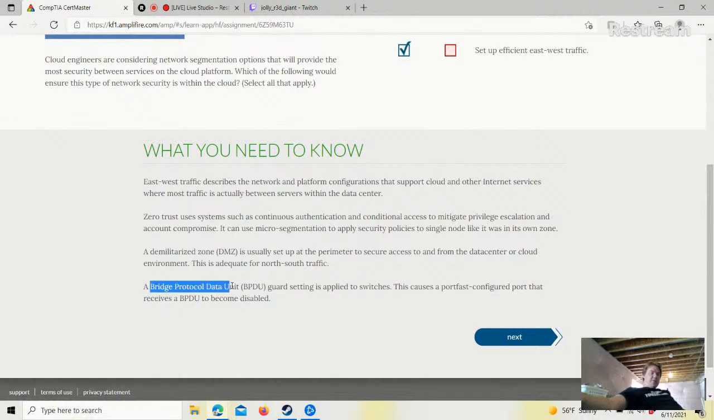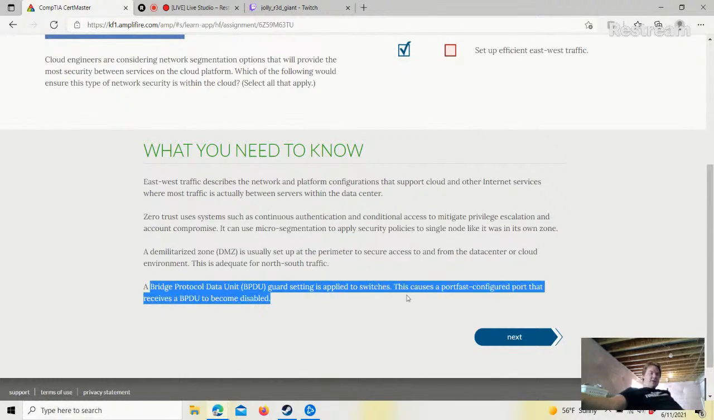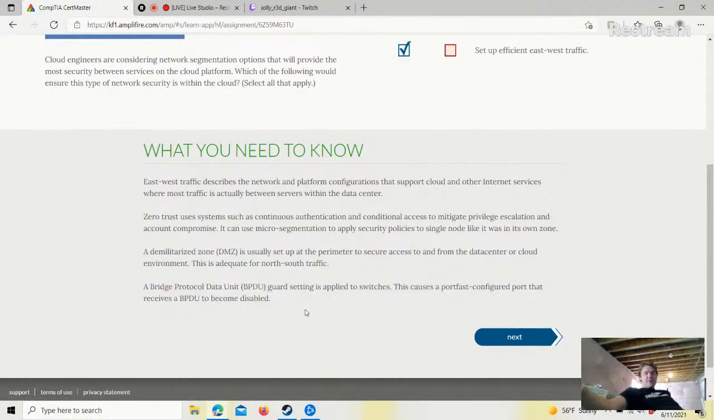Okay. A bridge protocol data unit guard setting is applied to switches. This causes a PortFast configured port that receives a BPDU